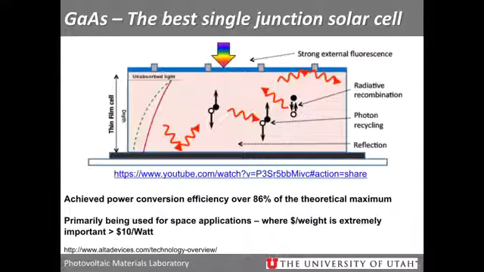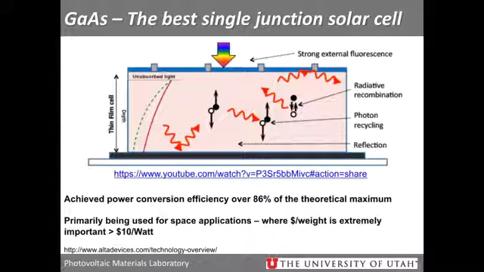So gallium arsenide is, from a device physics standpoint, the best single junction solar cell in existence. It is traditionally grown epitaxially. So you grow it on a wafer, a perfect gallium arsenide wafer, and you grow your single crystal gallium arsenide on top of that. And so you have essentially as close to a perfect semiconductor crystal as you can get. And if you look at it versus bandgap, it achieves a power conversion efficiency over 86% of its theoretical maximum,